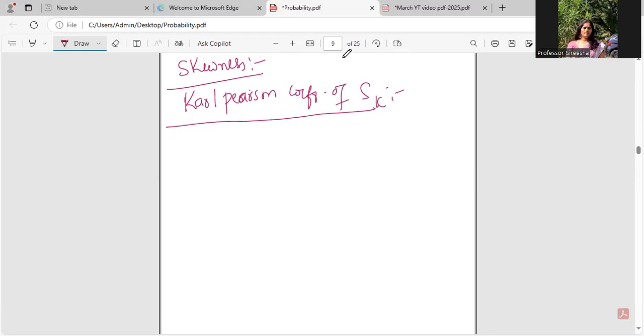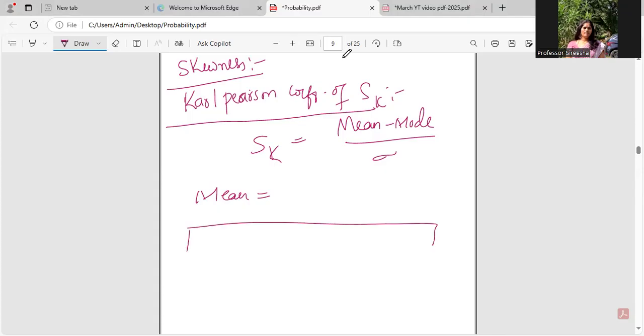Sk is equal to mean minus mode by sigma. Now, we know how to find mean, if it is continuous data. Also, we know how to find mode. What would be the formula for mean if I have a continuous distribution where there are frequencies and